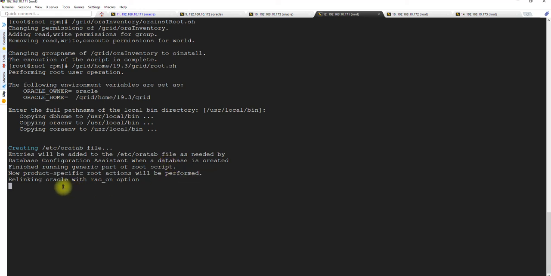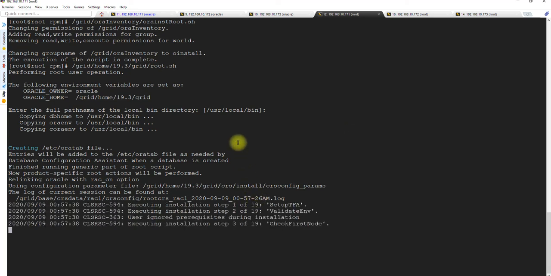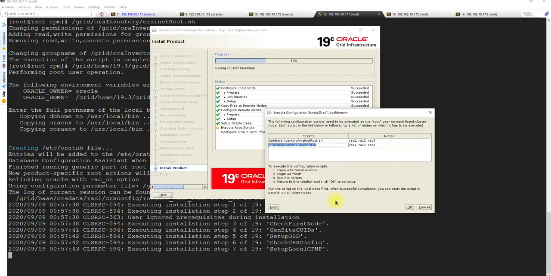It will take around 5 to 10 minutes, and again it will depend on the resources you have. As soon as this is done and it shows that the clusterware has been set up properly and says it succeeded, then you have to go to the second node and run the script again. It will make sure the node is part of the cluster, and it will install all the resources, including the virtual IP, the listeners, and all those things. Then go to the third node and do the same thing. As soon as everything is done, then only you click OK. Don't click OK now, otherwise everything will start failing.